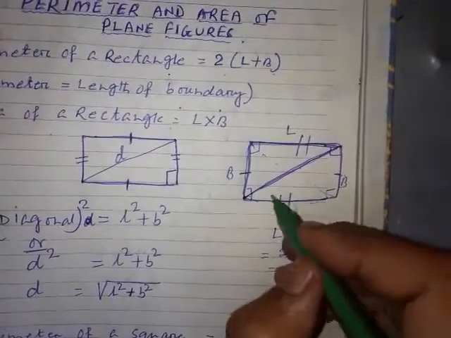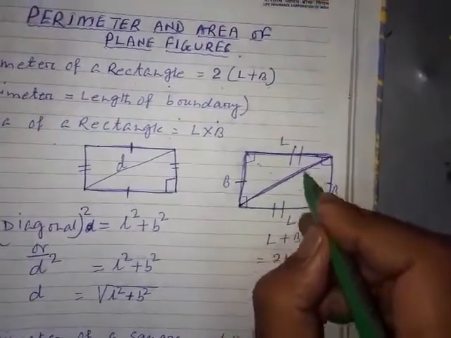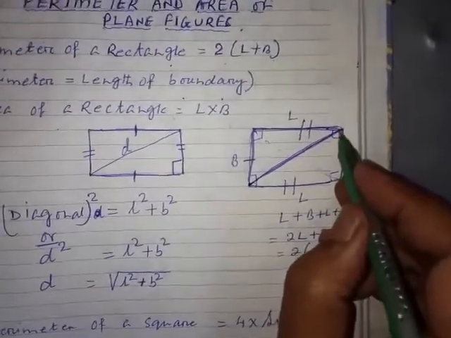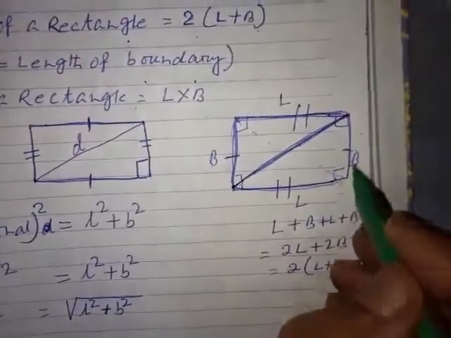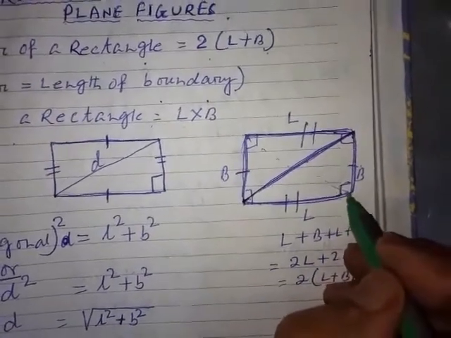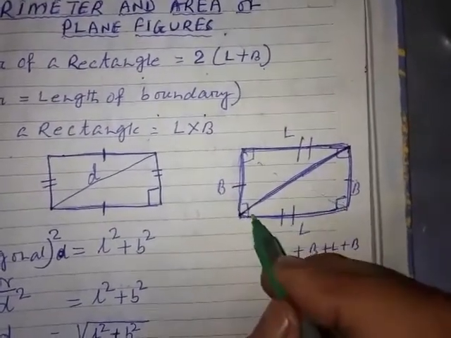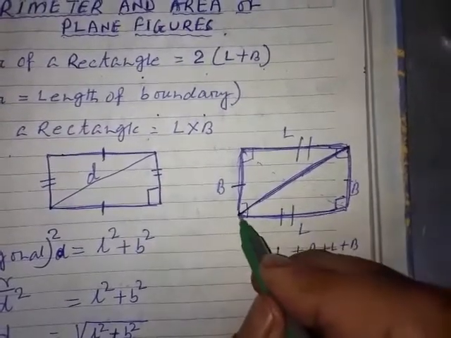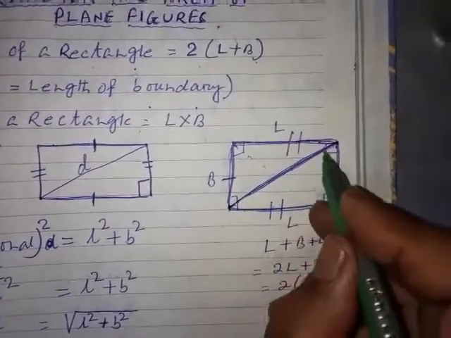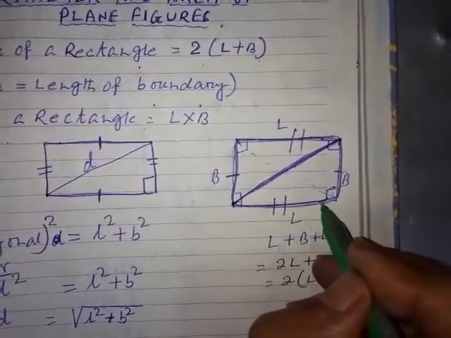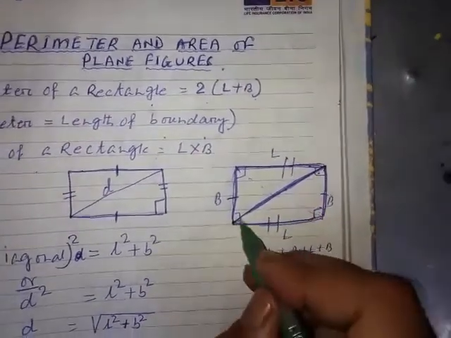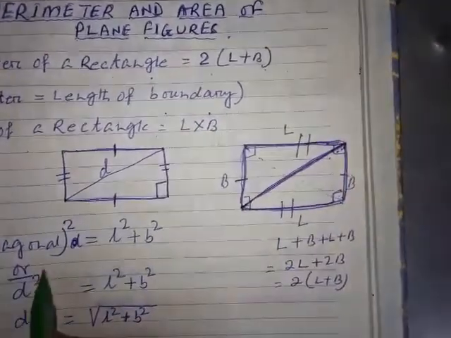Okay. Now how to find out the diagonal of a rectangle? First let me explain these things. I am taking this figure now. Now what is this, 90 degrees? The side opposite the 90 degree angle is called the hypotenuse. All of us know the side opposite 90 degrees is called the hypotenuse. So hypotenuse squared is equal to base squared plus height squared. Here the hypotenuse is the diagonal, so I am writing diagonal in place of hypotenuse.